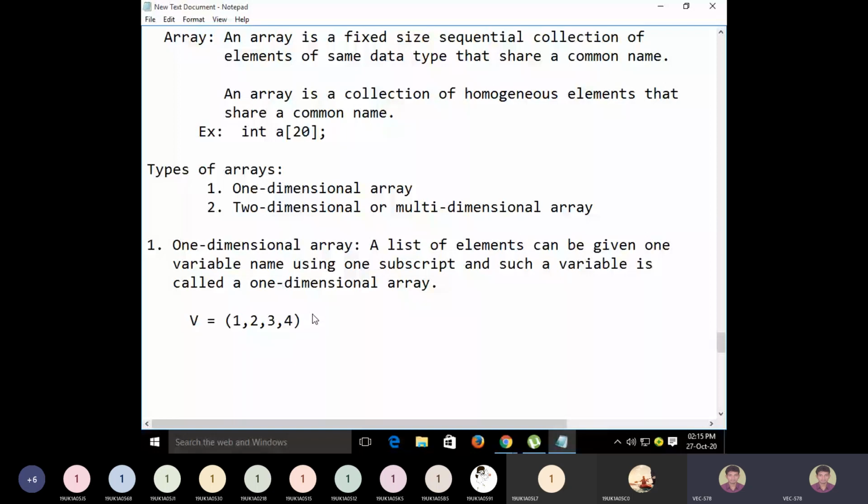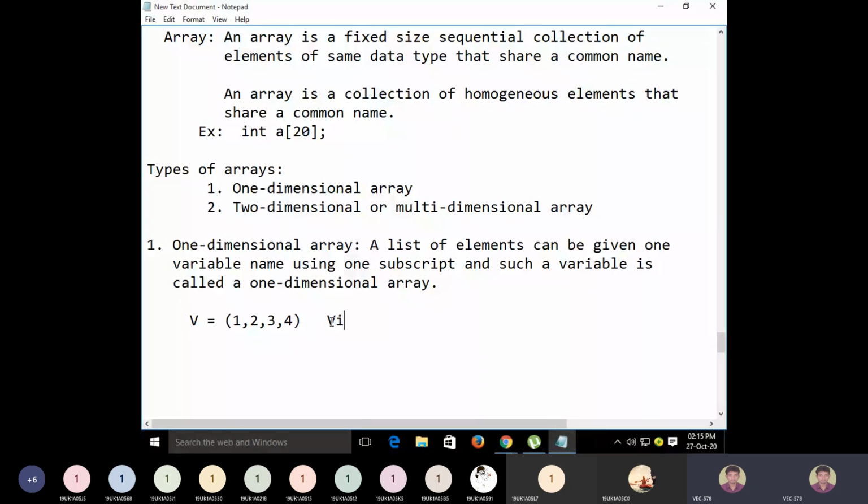We denote them by using a single subscript, v of i, where i is a subscript here. So v of 1, v of 2, v of 3, like this individual elements can be accessed using this single subscript notation.